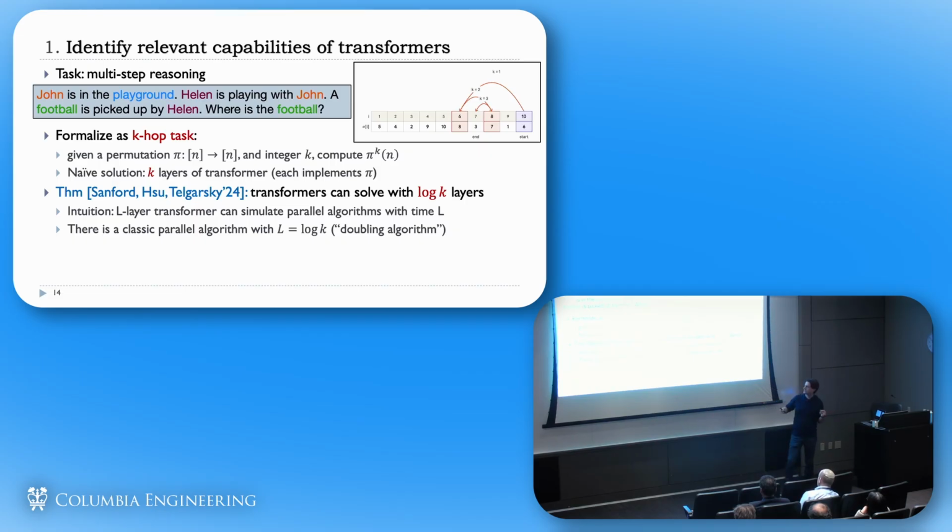Or put differently, say I want a k-hop task where k is 10. I want to be able to do 10 mathematical steps, let's say, and I ask what is the smallest architecture that I can build to solve this. Of course, we want transformers with as few layers as possible. In part because we want smaller things, but also because the deeper the transformer, the much harder it is to train it.